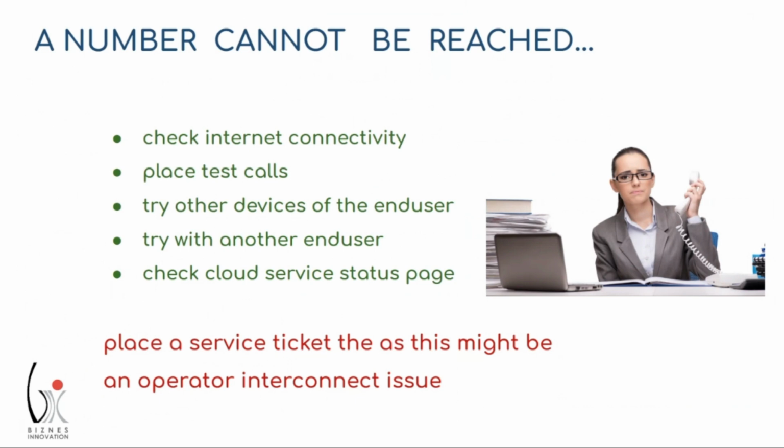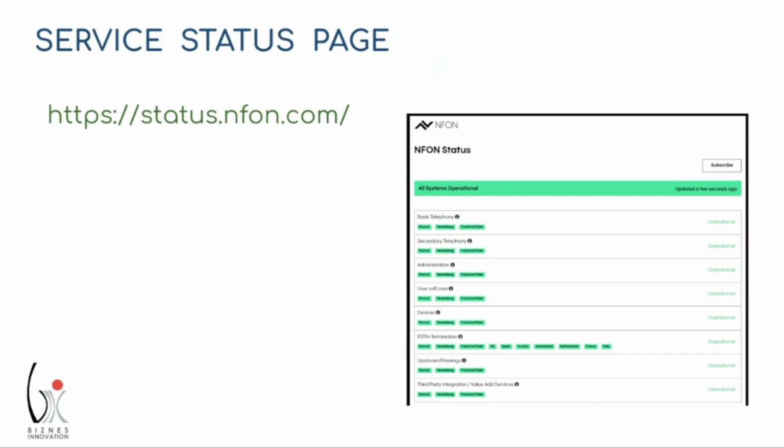If the problem is still occurring, it's always good to check the cloud service provider status page. This is very popular nowadays and gives you clear indication if the problem can be associated with a service provider itself or it is still related to your network or your devices. If nothing can help you at this stage, you need to place a ticket, as numbers, when they are not reachable, are most often caused by interconnection problems between the operators, and only the service provider can fix those issues. On the status page, you can clearly see that if all things are green, the operator systems are working, and there is a good reason to believe that you need to focus on your internet connectivity